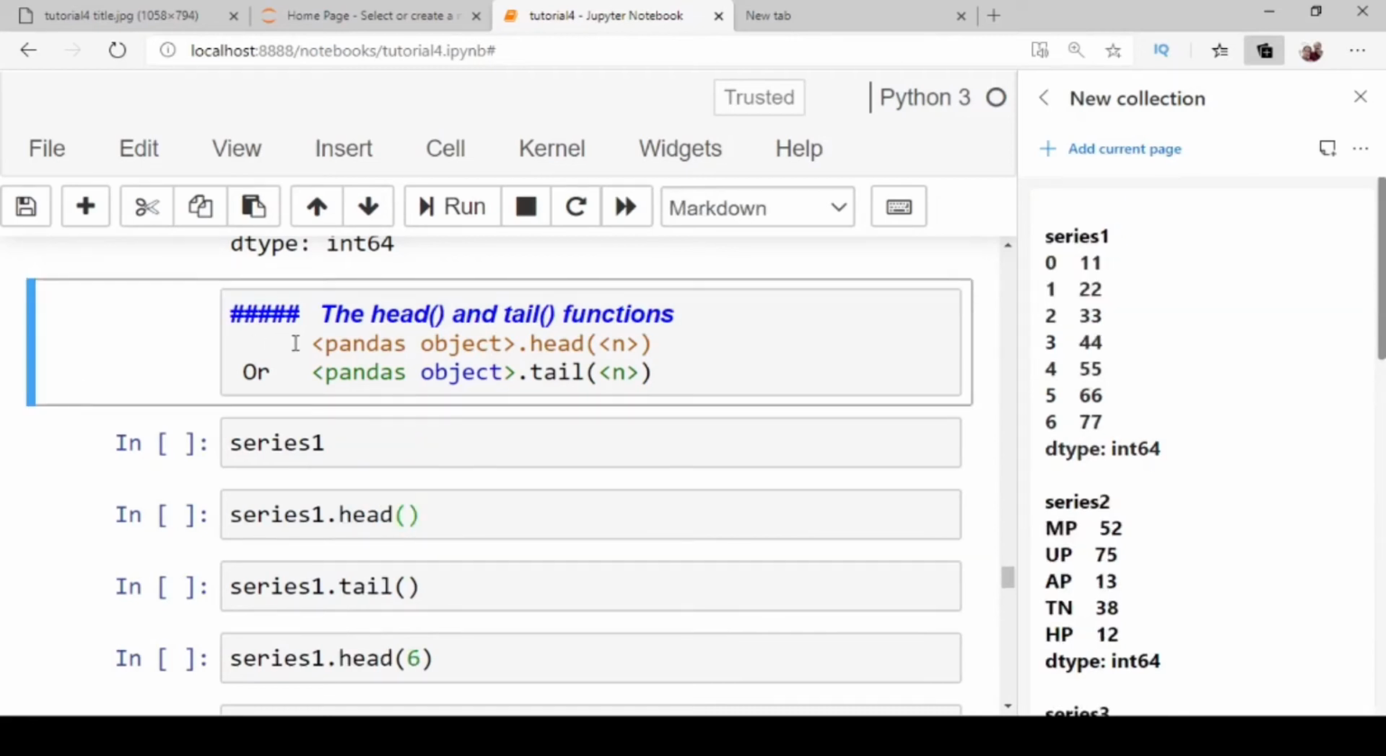The head and the tail functions. The head function is used to fetch the first n rows from the pandas object, and the tail function returns the last n rows from the pandas object. The syntax to use these functions is pandas object dot head within brackets, and similarly for the tail function, pandas object dot tail and n within brackets. Series, data frames and panels are called pandas objects,